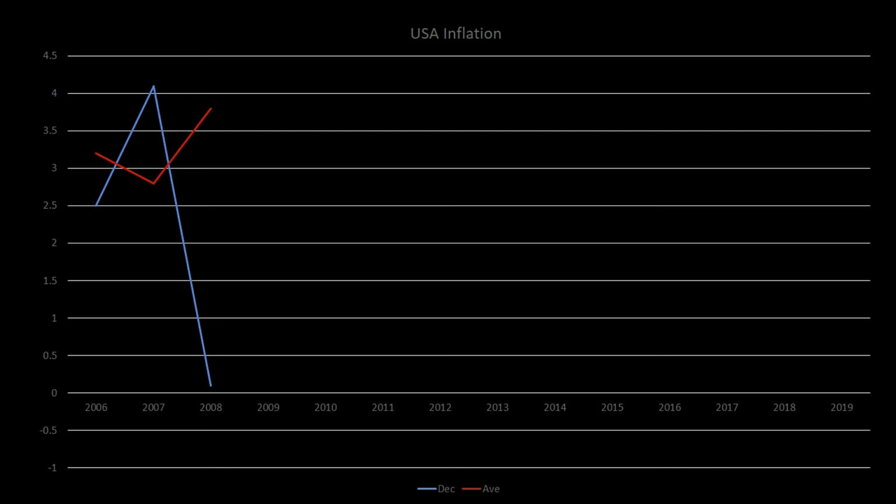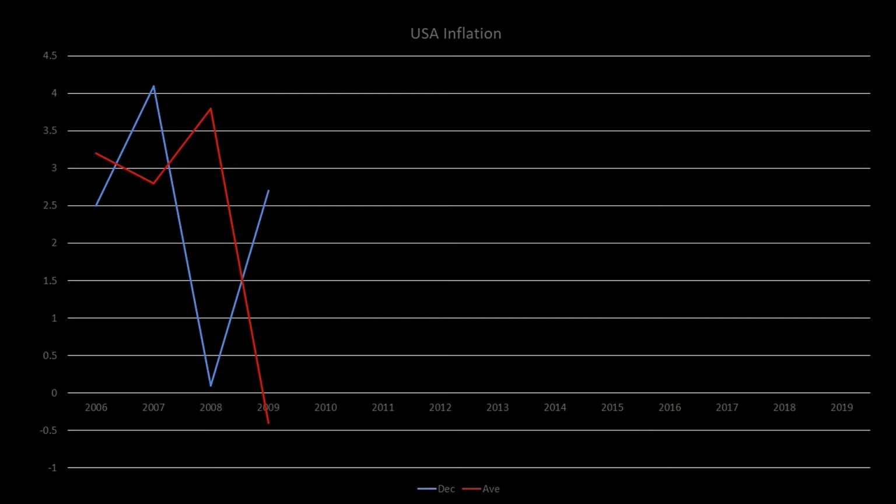You're going to see what happened in 2009. In 2009, the average was negative 0.4 and the year end was 2.7, the December one. So you can see that the overall year average was really low and it went up in December. I could only talk about the average, or I could only talk about the year-end month, but I believe that would leave some gap in the overall knowledge of understanding the inflation differences over the years.